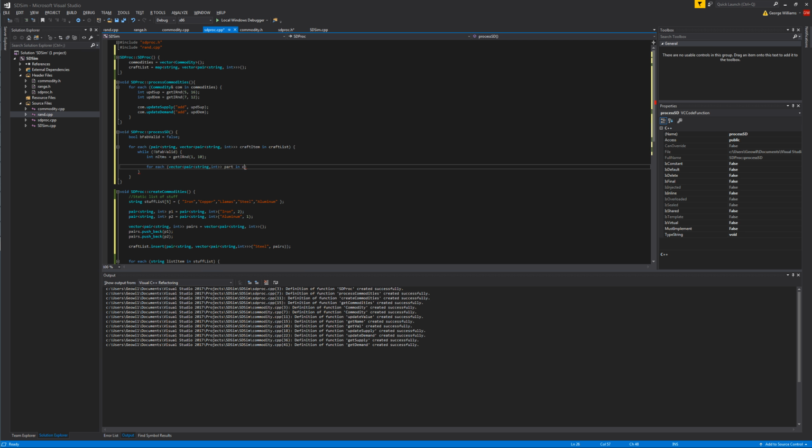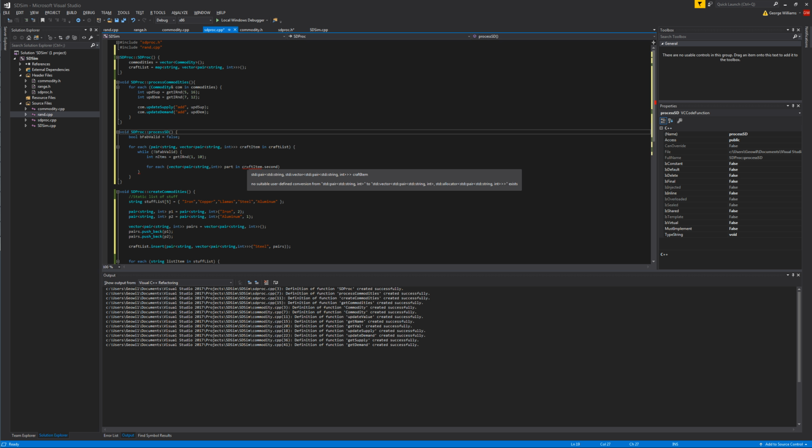So I think we can just say craft item dot second. So for each vector pair string int part in craft item second,